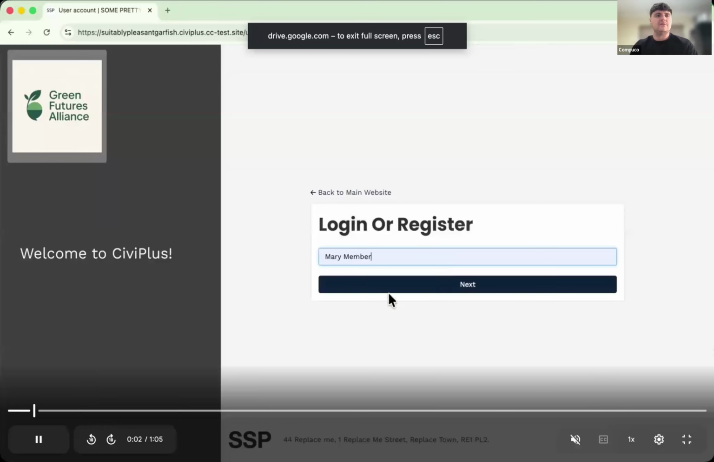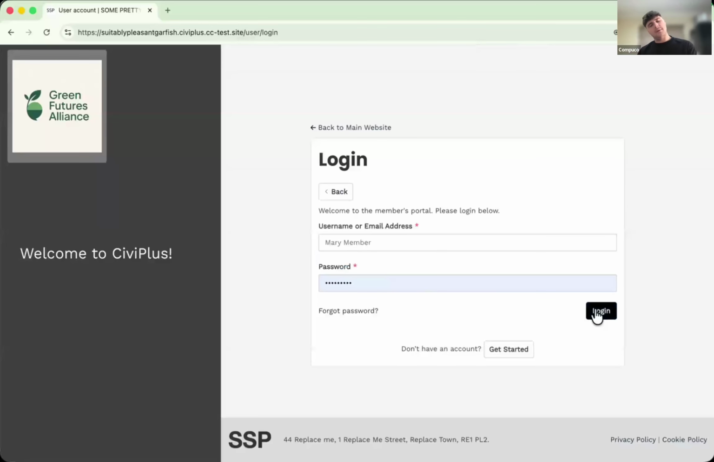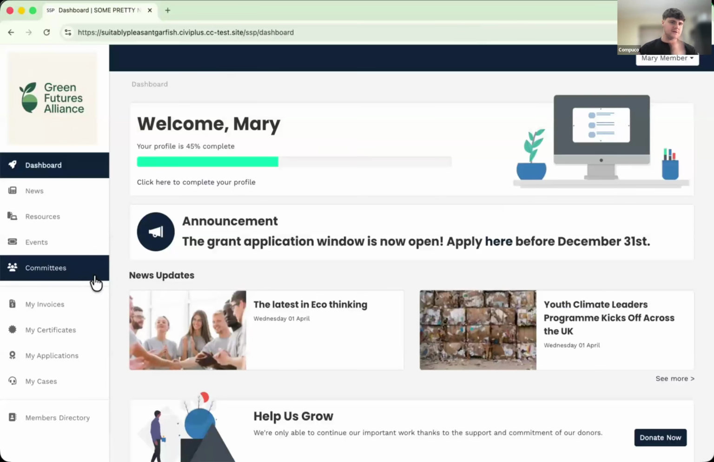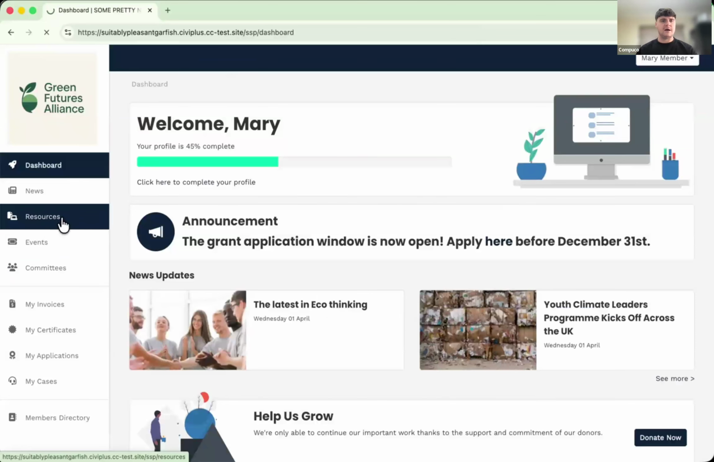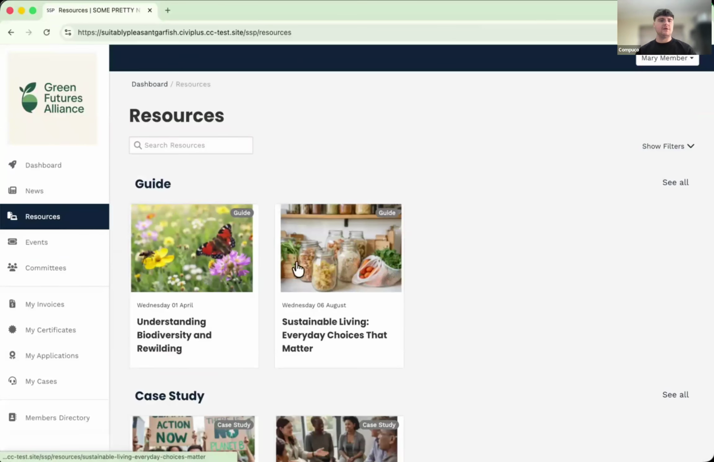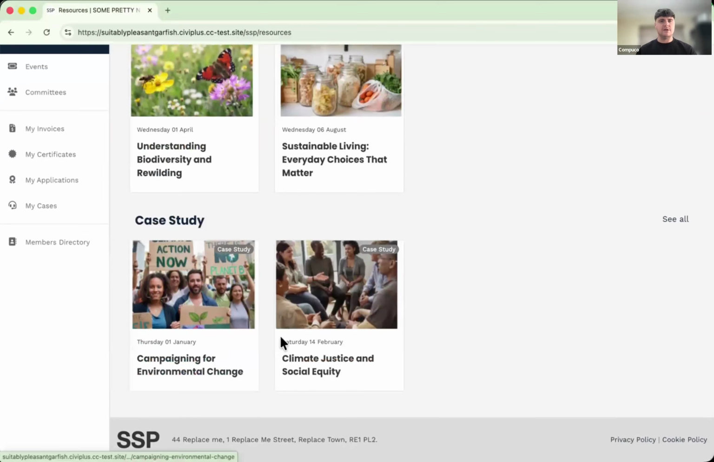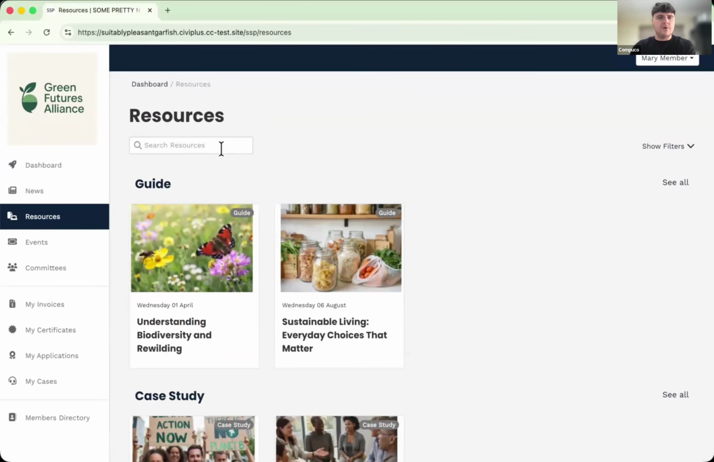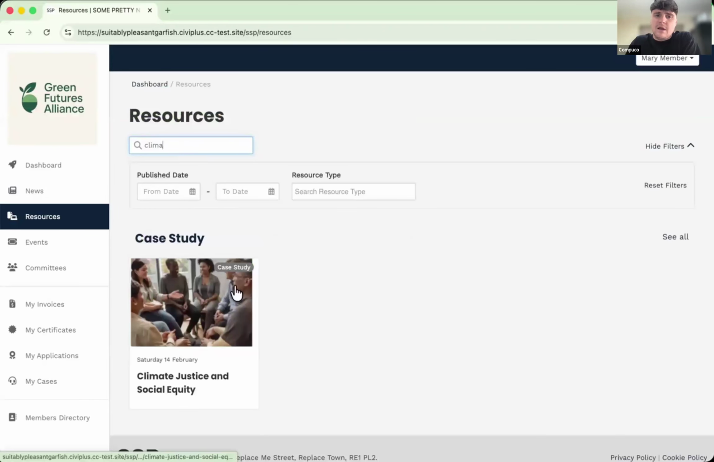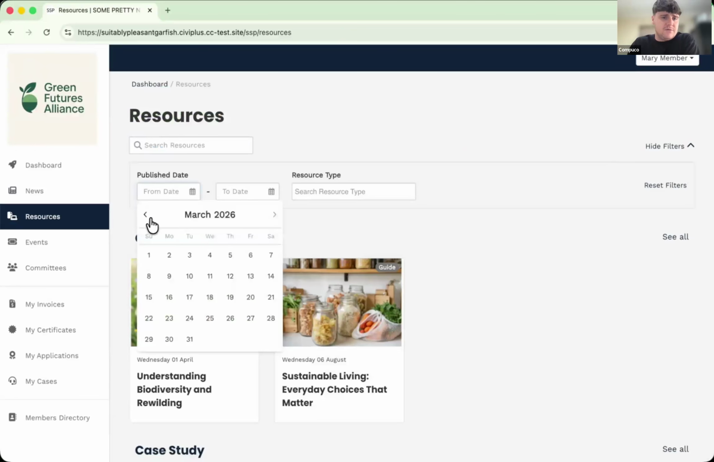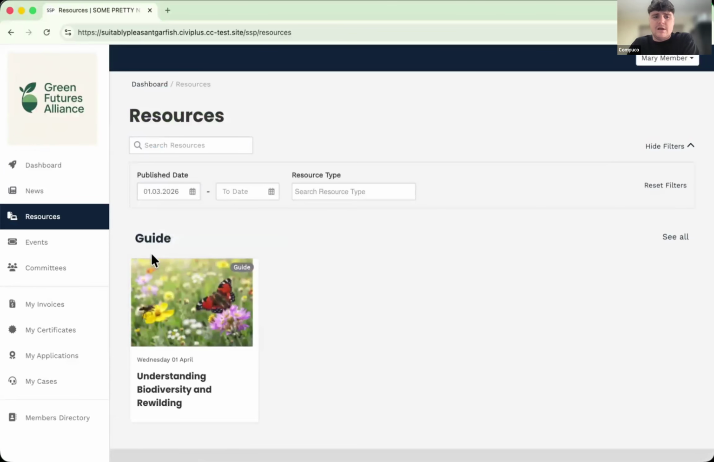If you use the Green Future Alliance example again, we're going to log back in as Mary. You can see on the left-hand side that you've got the resources tab. So Mary can toggle in here and you can see we've got guides, we've got case studies, which she can click in and review. She can also filter and search for keywords in here as well, and do the same thing for news in terms of publish date or research type. So she can filter those ranges quite easily,